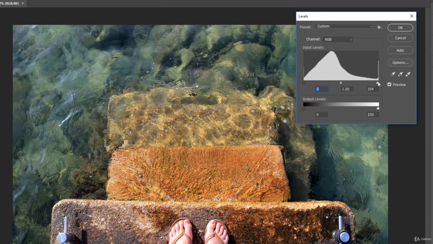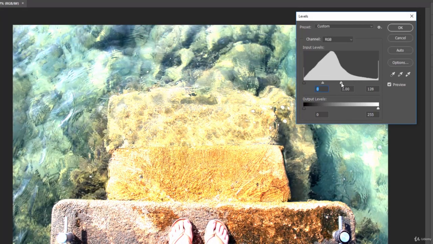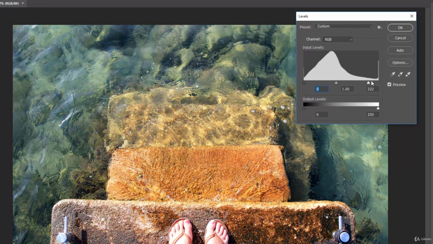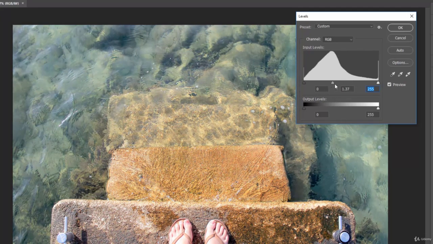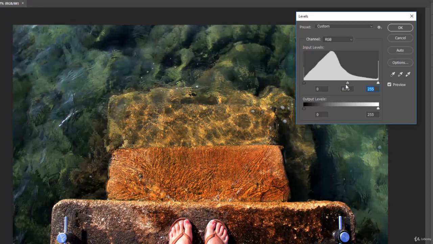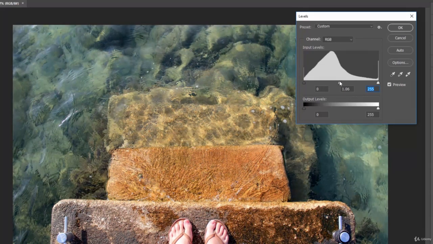And if we move the white slider this way, we are adjusting and having more whiter tones or lighter tones. So this is a quick way to come in here and adjust these on a per channel basis. If you move the mid-tone slider, it's going to do the same thing.